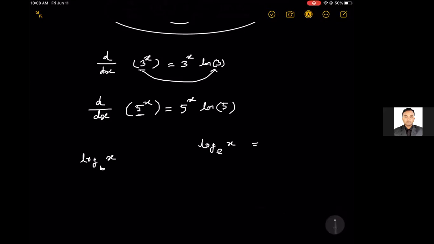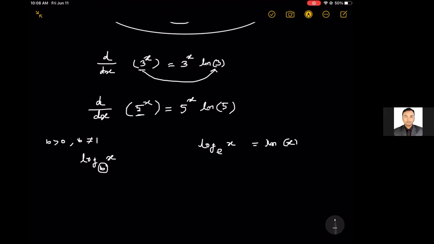Whenever the base of the logarithm is e, we have a special notation for it, that is ln of x. But we want to see what will happen if the base is not e anymore. Now let's say the base is b,